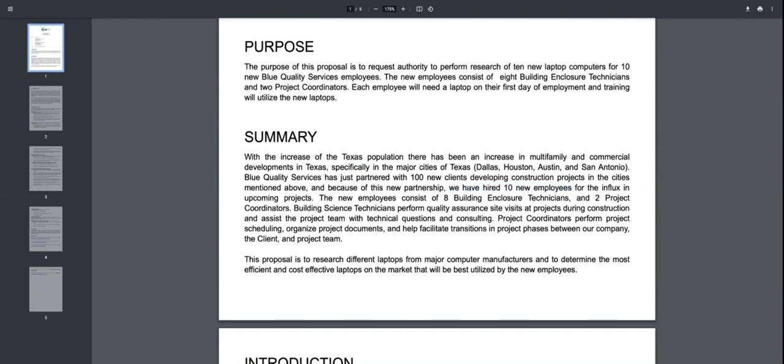So lots of times students will just write, my business has hired 10 new employees. Well, that doesn't give enough context. We don't know what they do. We don't know why they need computers. This document is supposed to make an argument for the time and the money that it'll cost